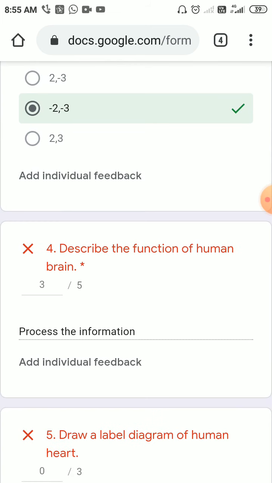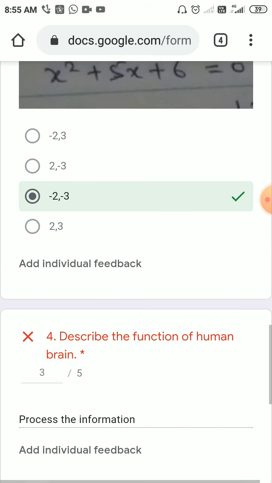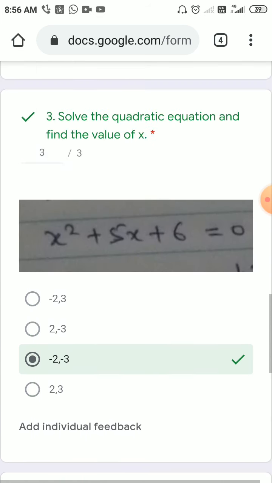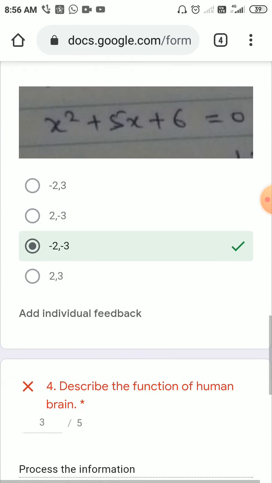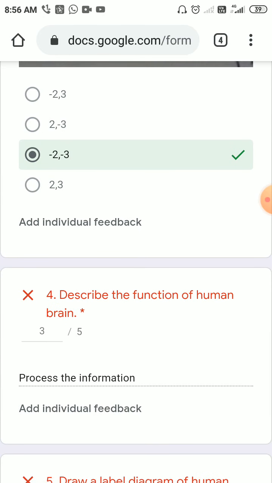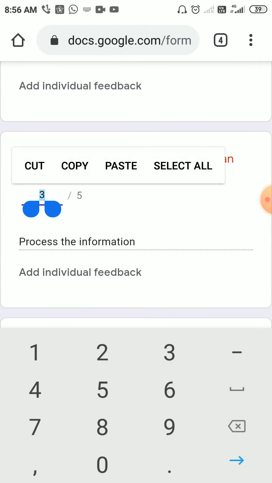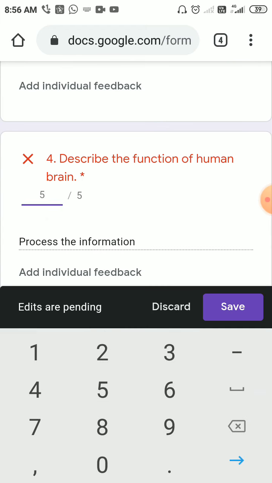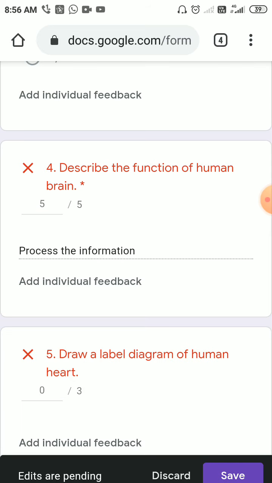Google only marks a question right like here. If you see question number three, it is green marked, right? It means Google says you have rightly attempted this question only when you achieve the full marks in that question. So here, out of 5, 3 marks is given. Let me change this mark. I want to give this 5 marks. Let me see if there is any change in the cross or right. So let me save it again.